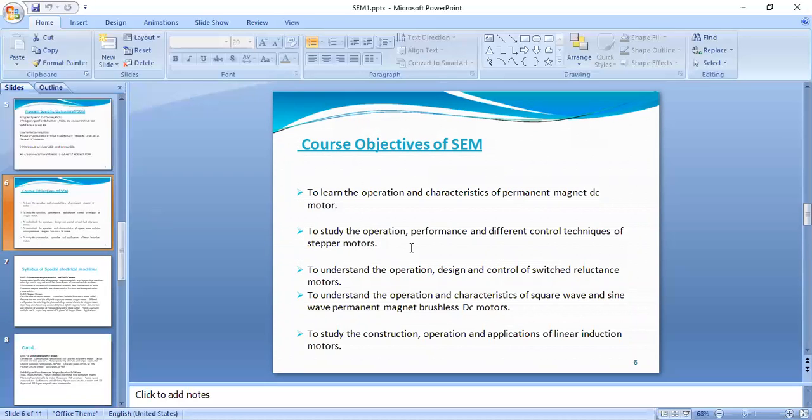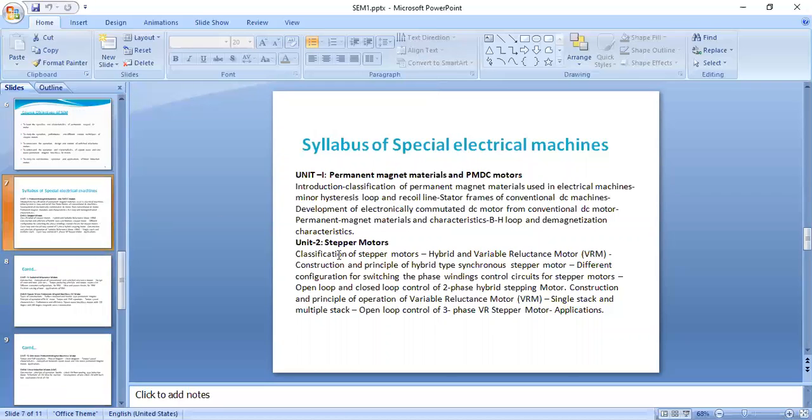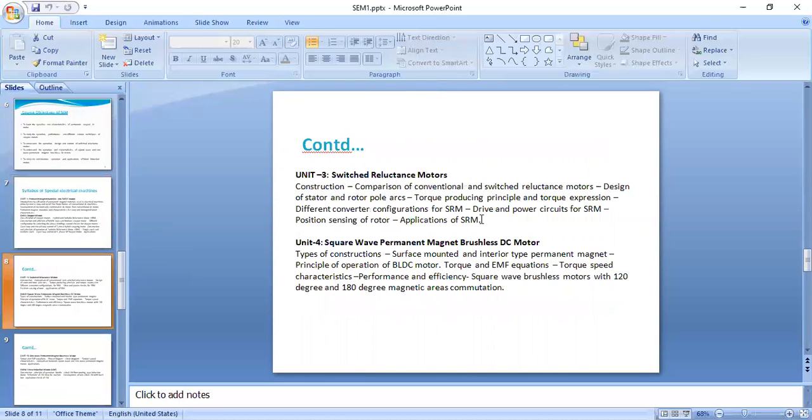This is the course objective for unit 2. Next, going to unit 3, the switched reluctance motor. Unit 3 is the switched reluctance motor. So here also again you are going to study about the construction, different types of constructions, and also you